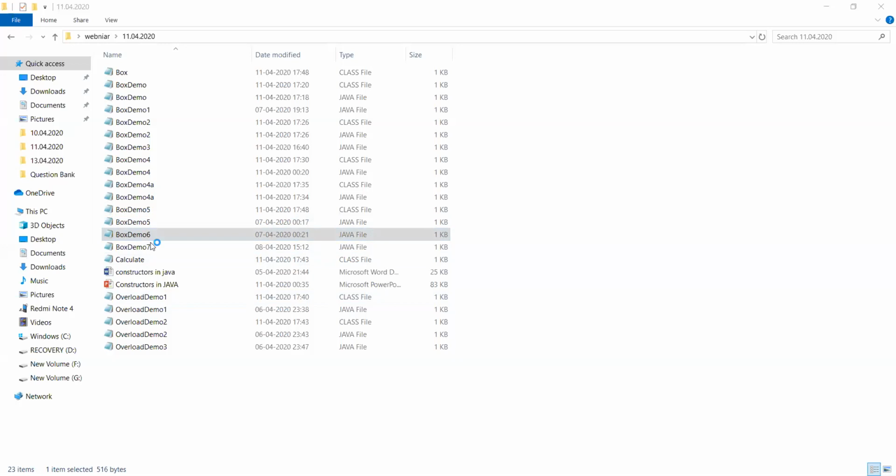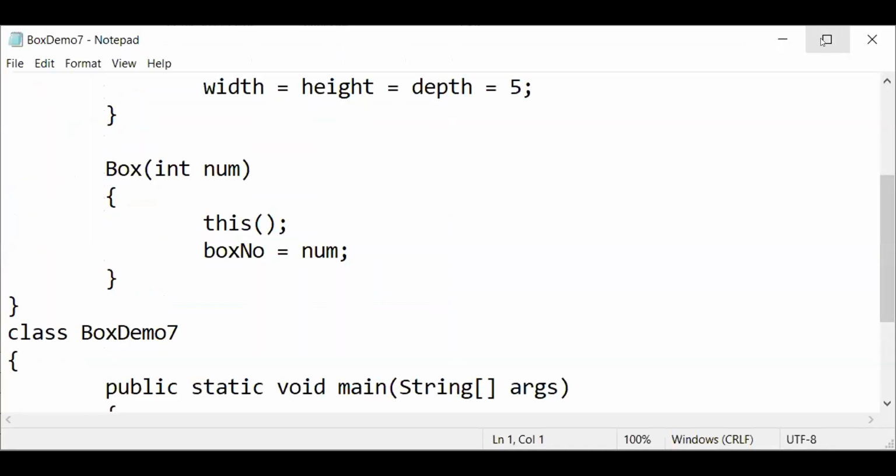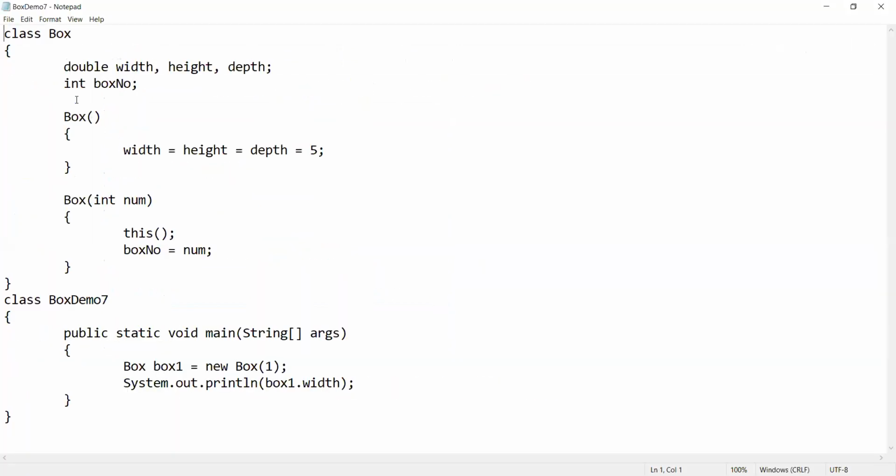Okay, it is the program Box7, the same thing.